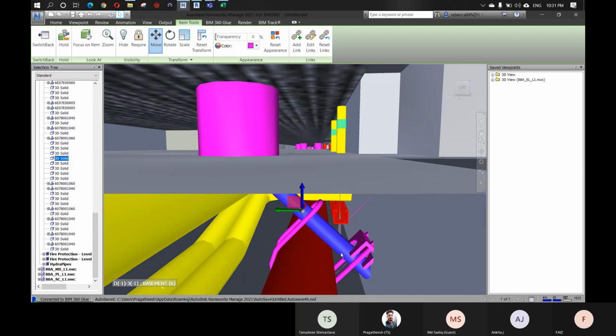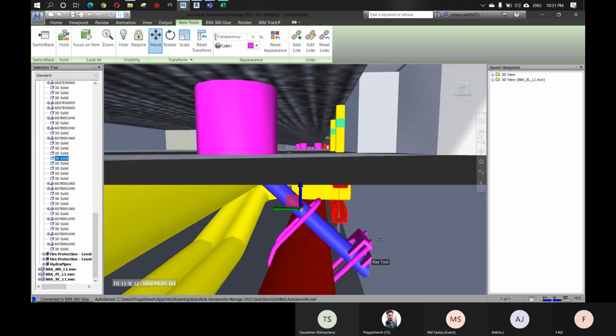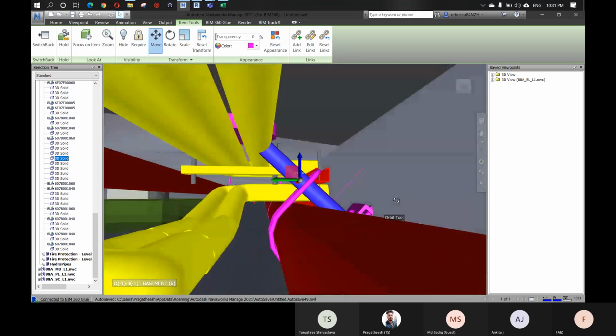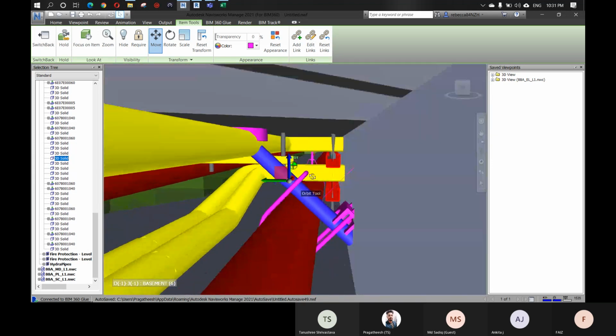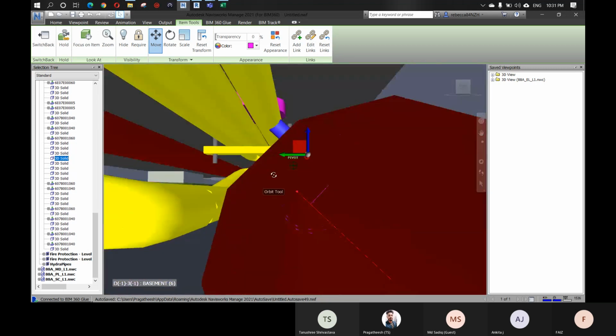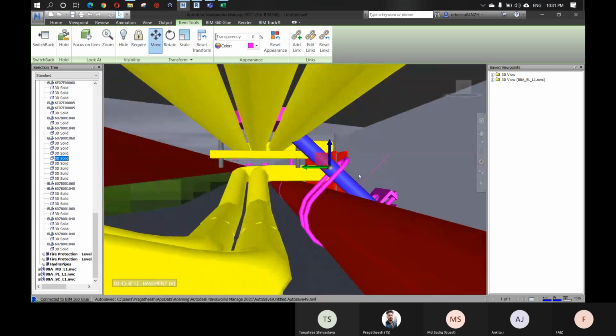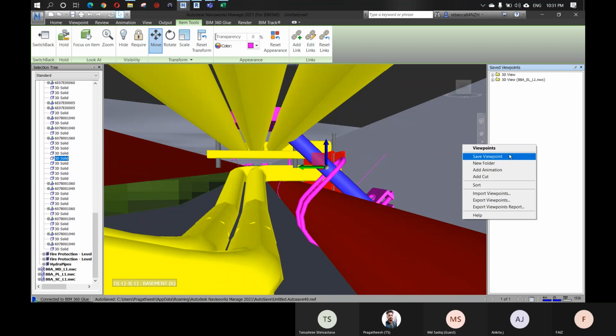Okay, so now you can see we cannot give a viewpoint like this, so we have to make it down like this, and you have to show this clash with all the NWCs turned on. Okay, so now we can see this clash properly. Conduit versus this. So right click here, save viewpoint, say EL versus FP,